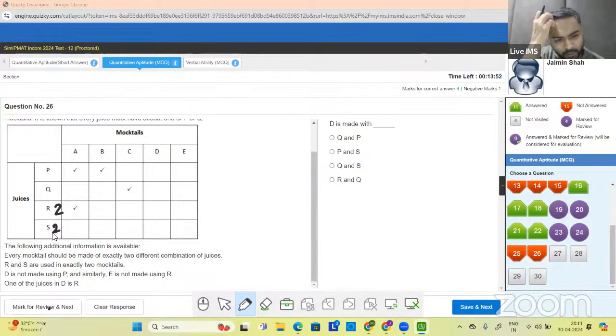D is not made using P, तो इसको कैंसिल कर देते हैं। And similarly E is not made using R, तो ये भी कैंसिल कर देते हैं। One of the juices in D is R, so this will become tick. ठीक है,